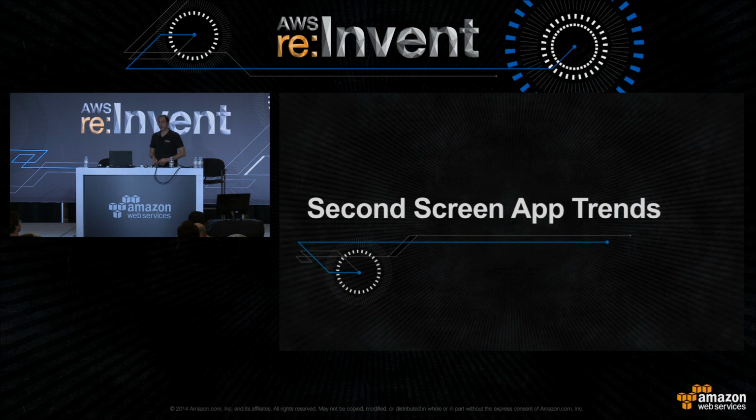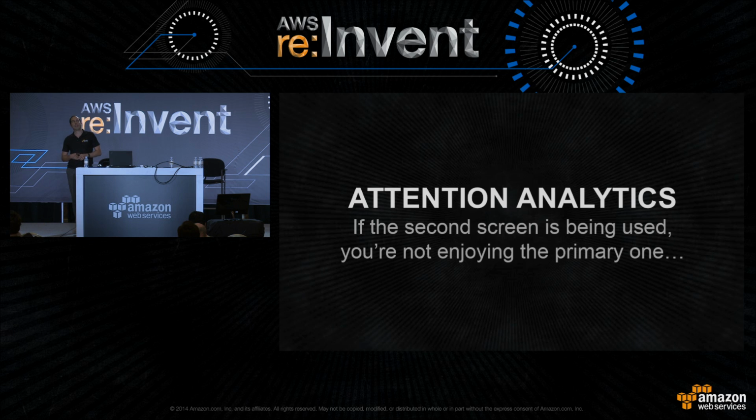So before going to a Q&A, I wanted to share a couple of trends that I see in second screen applications. The first one is kind of an obvious extension of what exists today. It's everything related to attention analytics.